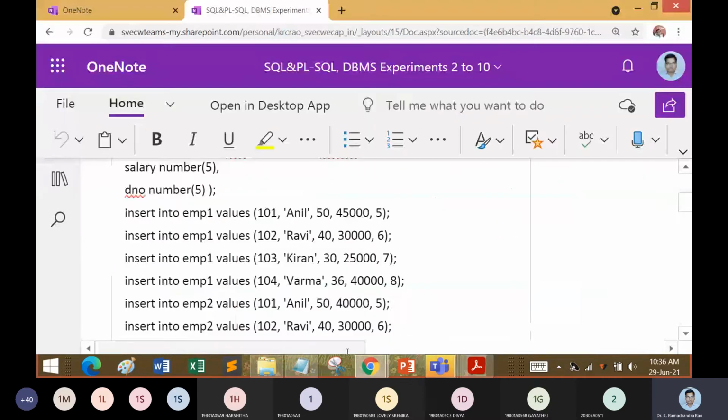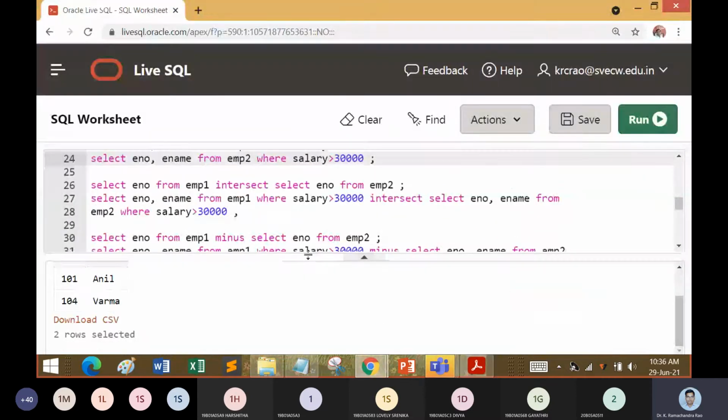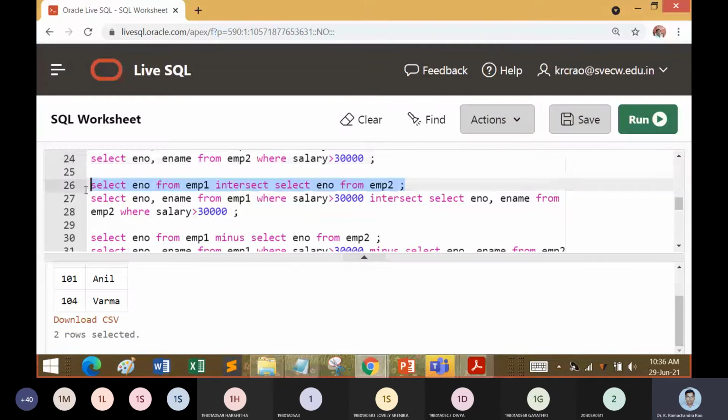Let us see how this executes. I'm hitting the run button for convenience. Now you can find employee numbers 101 and 102, which are common in both tables, are the outcomes here.